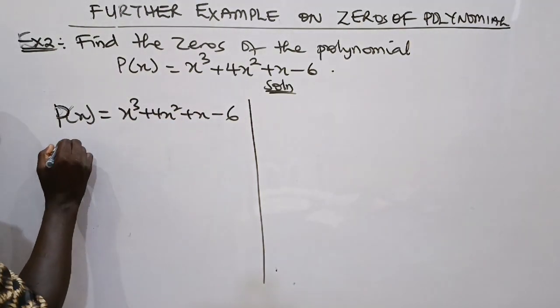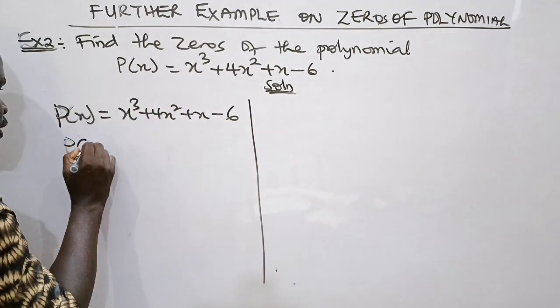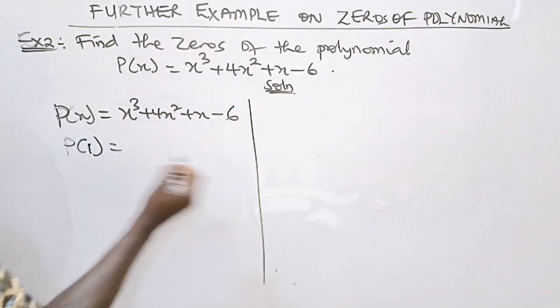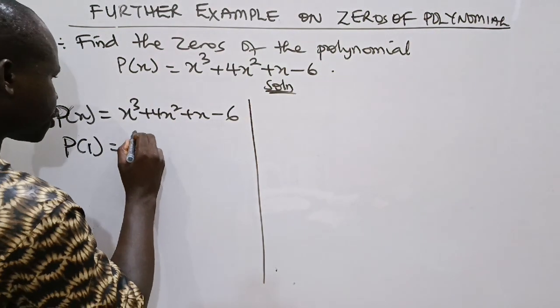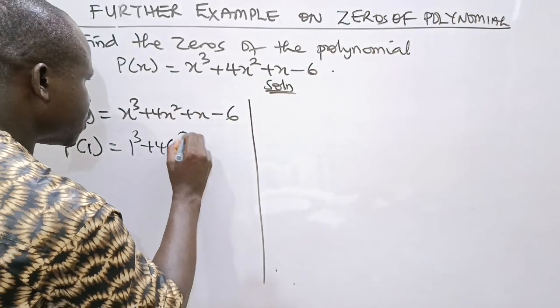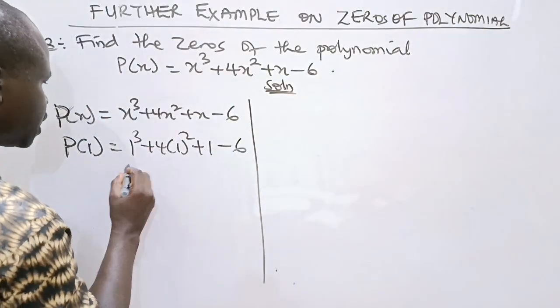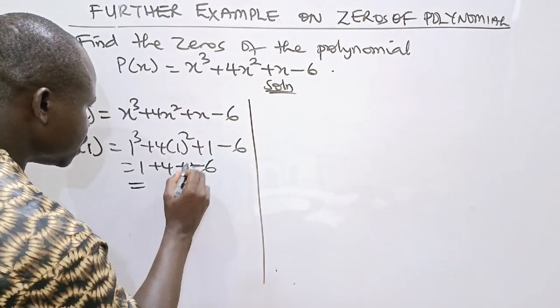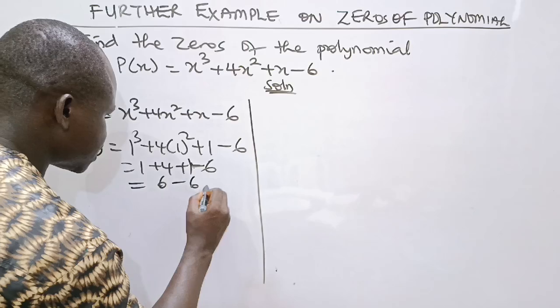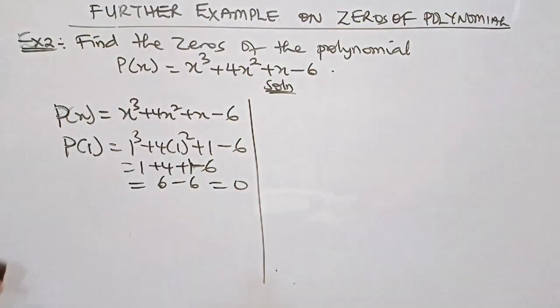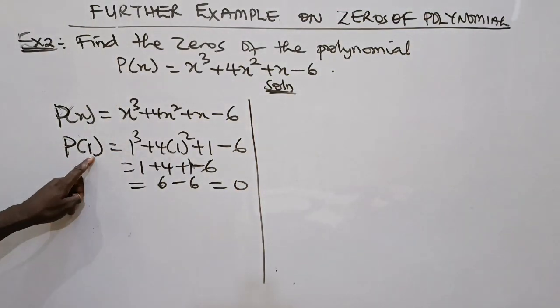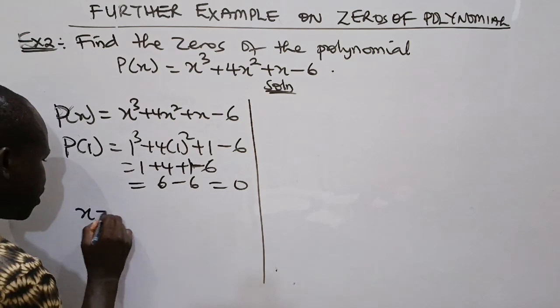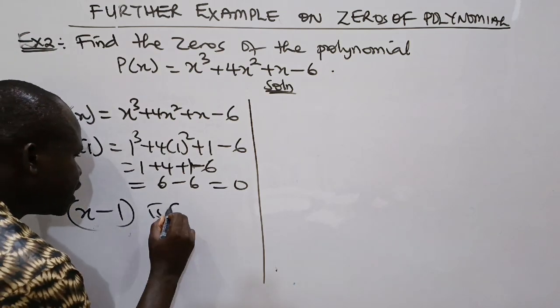Let's check it out. That is, let's put x equal to 1 and see if we are going to get 0 at the right hand side. That will be 1 cubed plus 4 into bracket 1 squared plus 1 minus 6. Here will be 1 plus 4 plus 1 minus 6. That is 6 minus 6, which is equal to 0. Since we are able to get 0 when we put x equal to 1, that simply means that x minus 1 is a factor